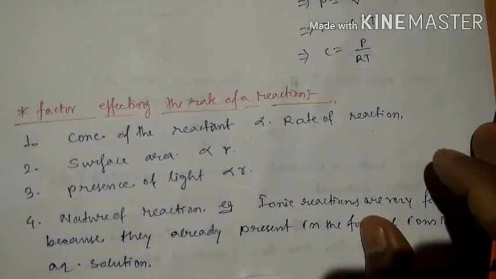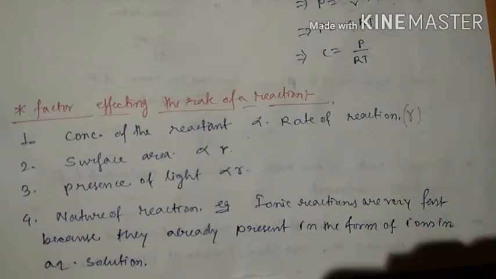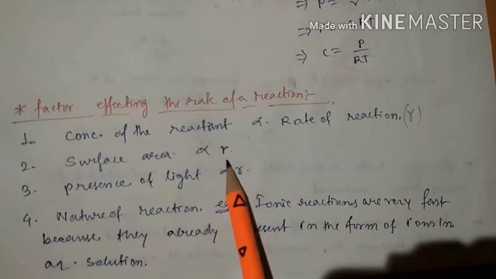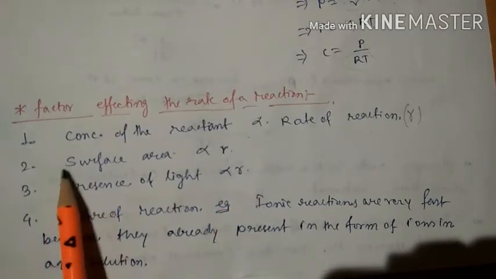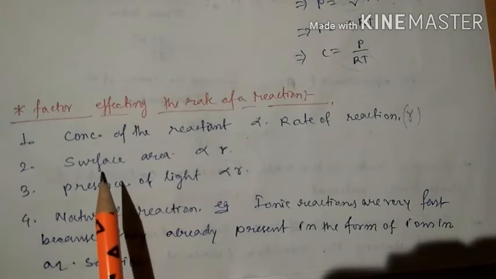Remember, rate of the reaction is denoted as small r. Now surface area is also proportional to r. Presence of light is also proportional to r. Now second one is the surface area. Now see, surface area means